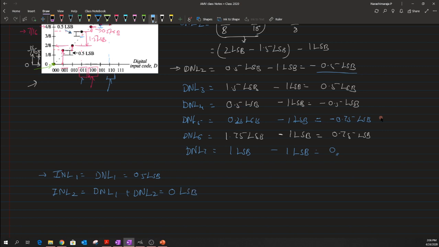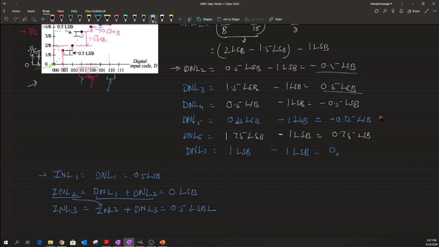0 LSB. And INL of 3 could be written as DNL of 1 plus DNL of 2 plus DNL of 3, but the other way to write it is that I can utilize the previous data of INL, which is INL of 2, the representation of the addition of DNL of 1 and DNL of 2. So I have to add a DNL of 3 to it. That is how I can reduce these summing terms. We had INL of 2 equal to 0, and with that I have to add this 0.5 LSB,